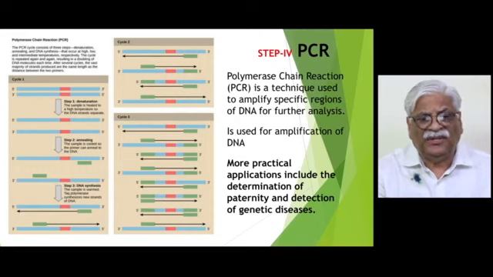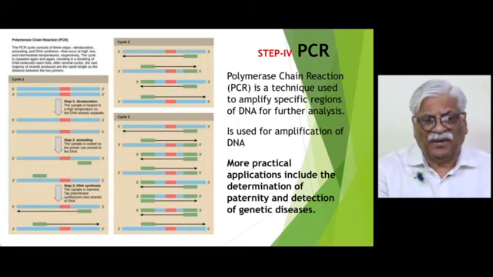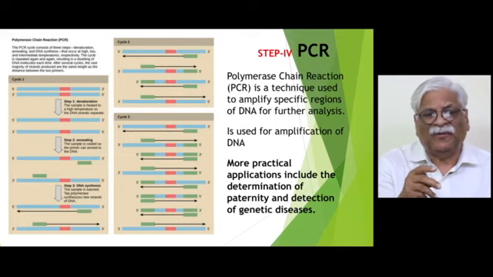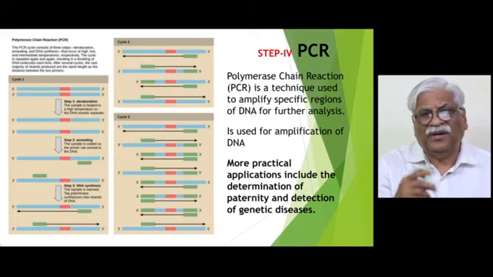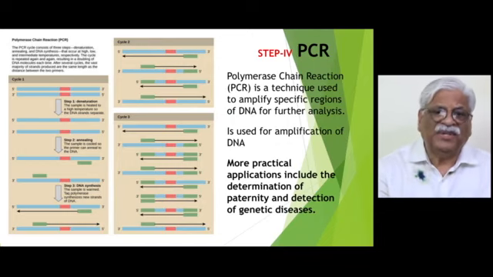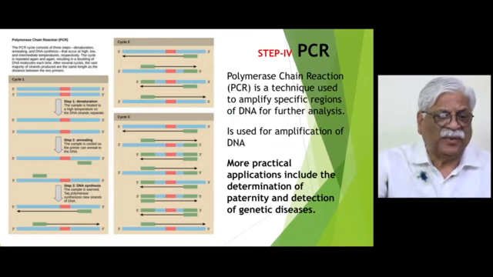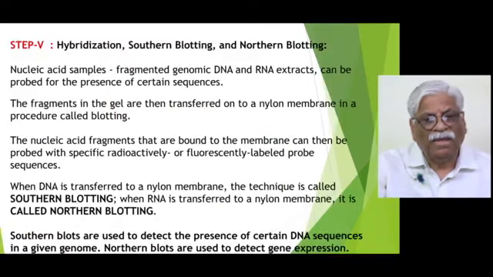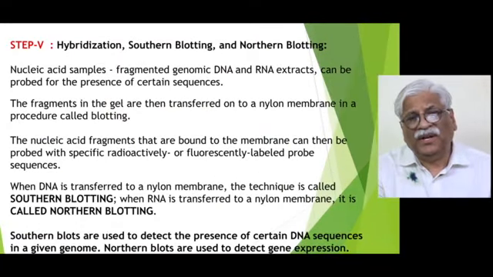ultimately you can see in these two panels that a large amount of DNA can multiply from 2 to 4, 4 to 8, 8 to 16, 16 to 32, something like this. And within seconds or within minutes, you can produce a large amount of DNA. Now, once the DNA is produced,